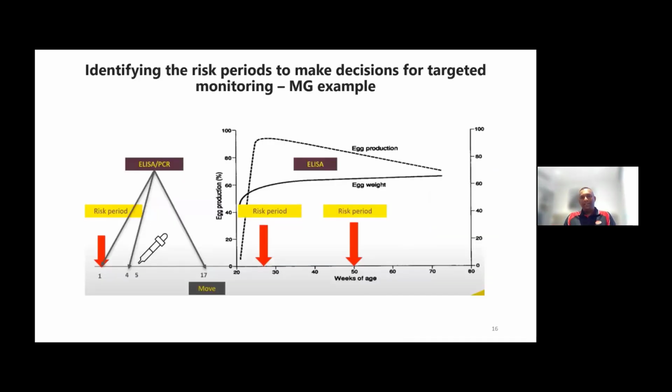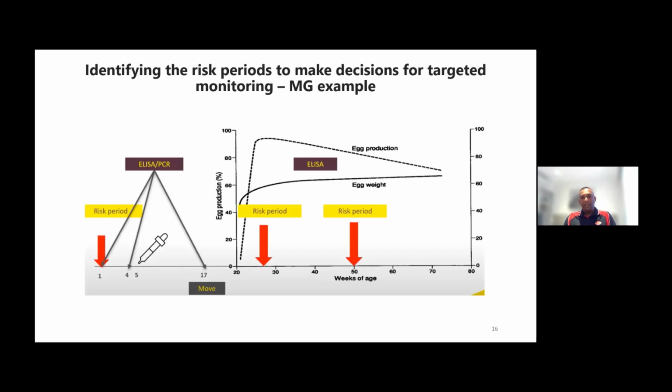Identifying risk period for targeted sampling. This is a mycoplasma example again, Gallisepticum. This is not Australia, this is international, where the challenge for mycoplasma is way higher due to the very varying biosecurity control measures that they have for the production systems. So the knowledge of the area is there, where they know that there is a risk period when the birds are coming into lay, at point of lay, or at peak of lay, and again when they're entering their final weeks of production. So you can target